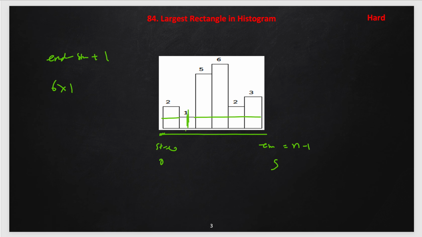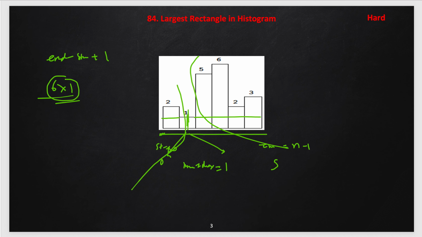Now, after that, either we will get the maximum is 6 or we will divide this into the left part and the right part. First, we will find out the min index by starting from start. The min index will be here, 1, and we divide this part of the histogram on one side and this part on the other side. So, we can get the maximum either considering all the bars which is 6, or the maximum from this half part, or the maximum from this half part.